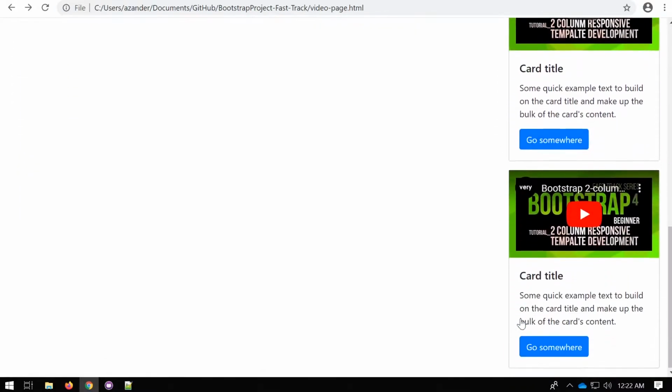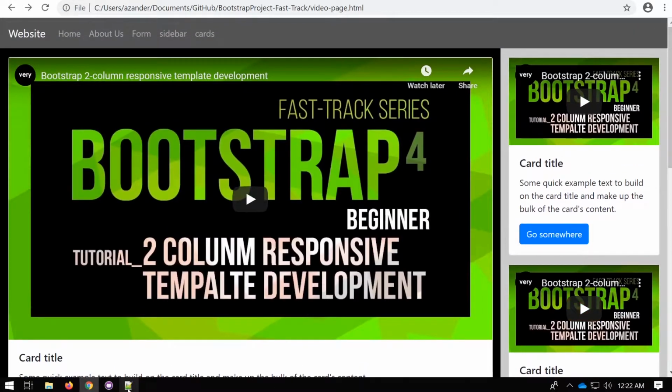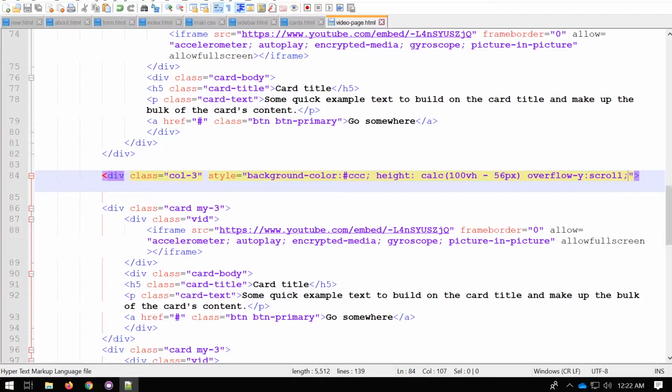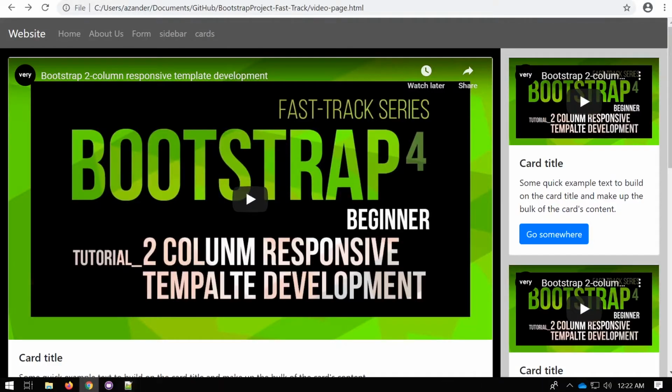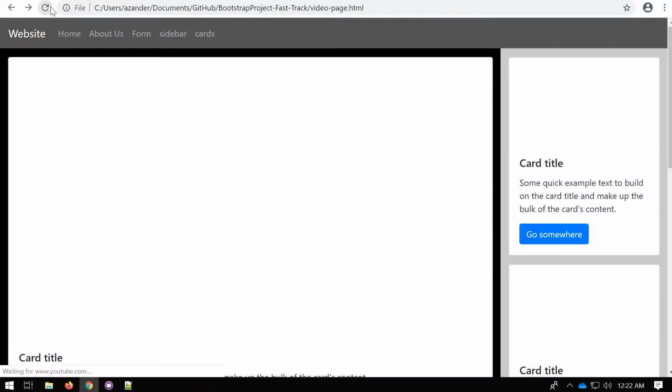It overflows down here. So we're going to turn the overflow off and ask it to scroll instead. So it's not going to go all the way down to the bottom. It's going to scroll from this point here at the bottom. So if I refresh the page,